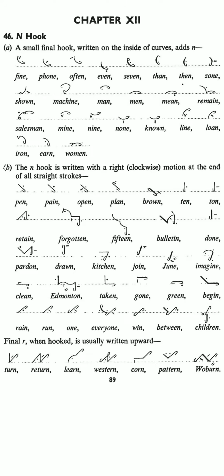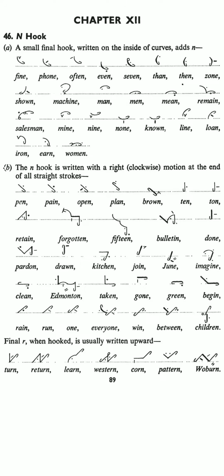Remain, downward R, M stroke with n hook, light dot on the second place of downward R after it and heavy dot on the second place of M after it। Salesman, S circle, upward L, S circle, M with n hook on the line, heavy dot on the second place of L before it, light dot on the first place of M after it।